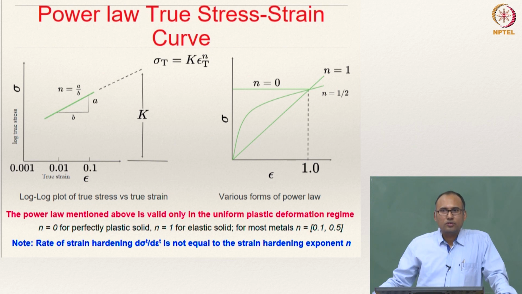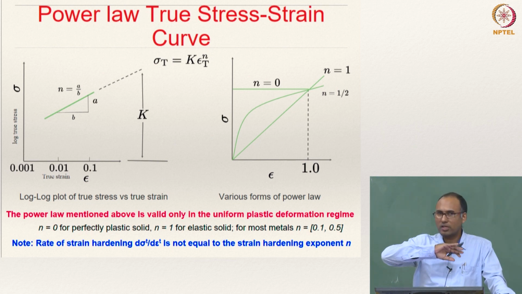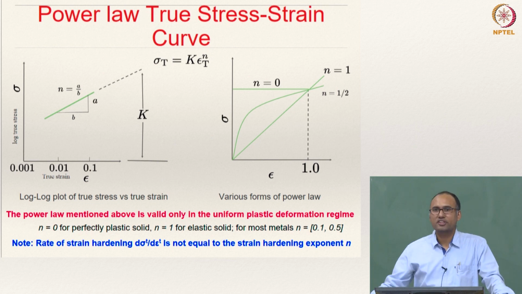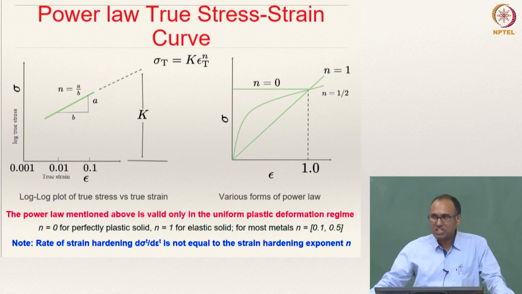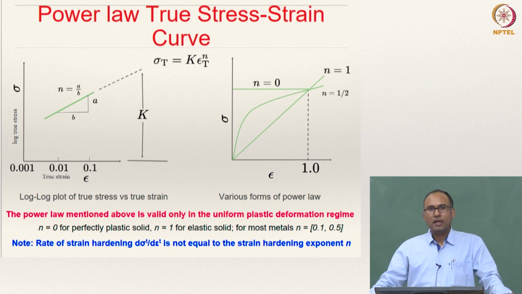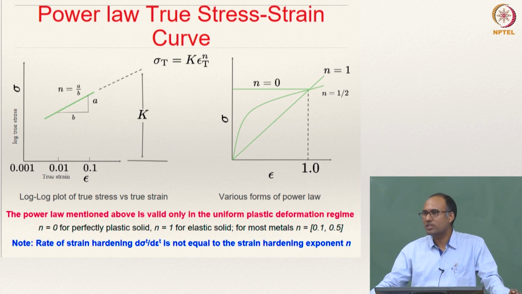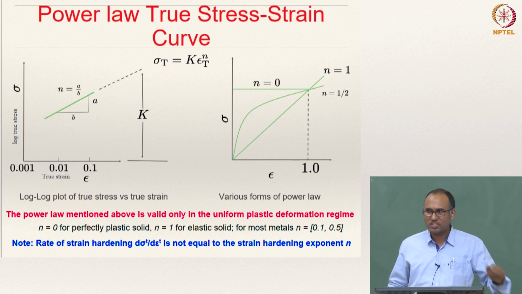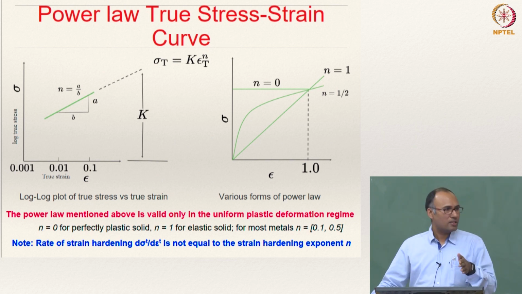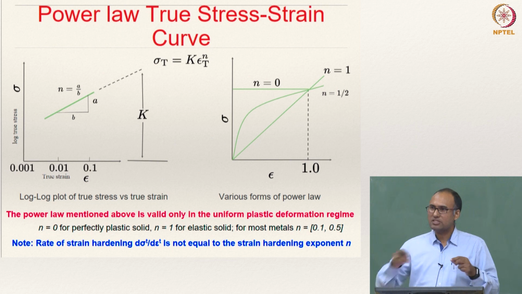So far, when we have looked at the uniaxial tension test in the last class and this class, we have identified the initial elastic regime. That could be a linear elastic regime or a non-linear elastic regime. If it is a linear elastic regime, then the slope of the line is called your elastic modulus, or Young's modulus of elasticity. If it is non-linear, this slope is not going to be constant, and hence you need to take something called the tangent modulus, that means the local slope.